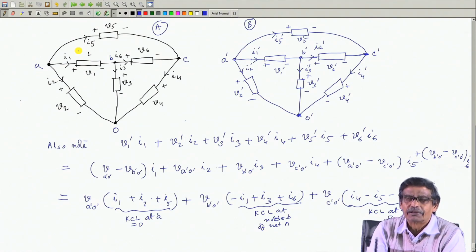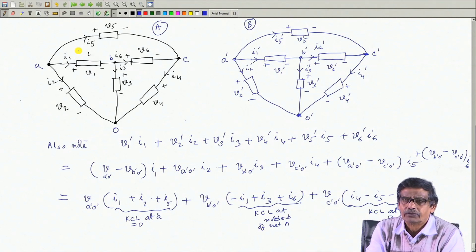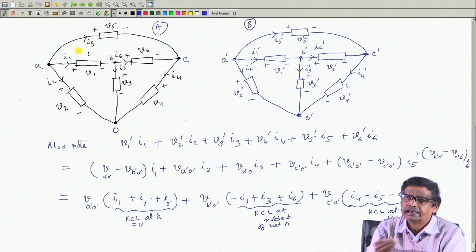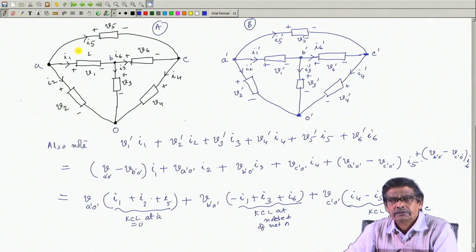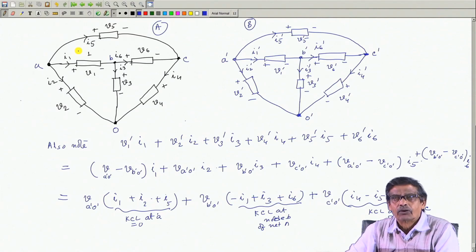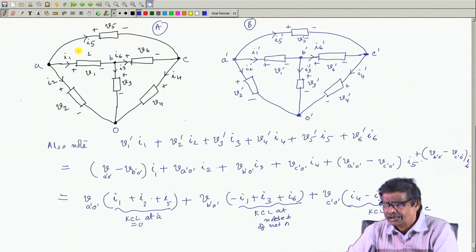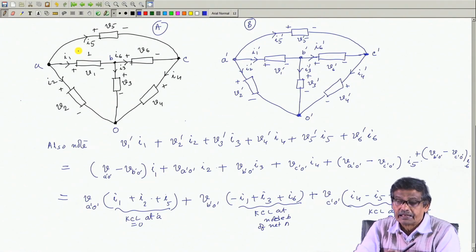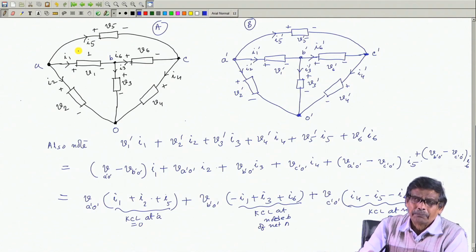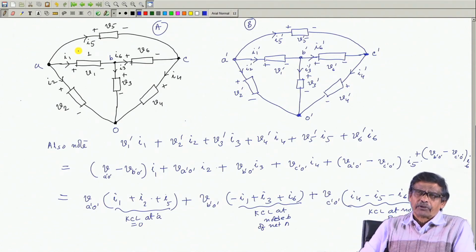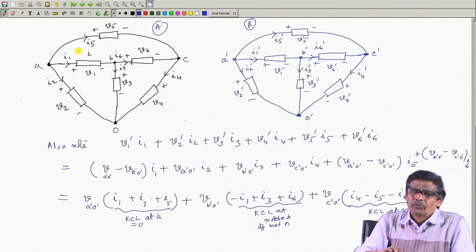In fact, we have pointed this out many times. KVL and KCL will be satisfied at all times in a circuit, be it linear circuit, nonlinear circuit, whatever it is, KCL has to be satisfied, KVL has to be satisfied. There are many applications in communication and signal processing of this particular theorem, but we will apply